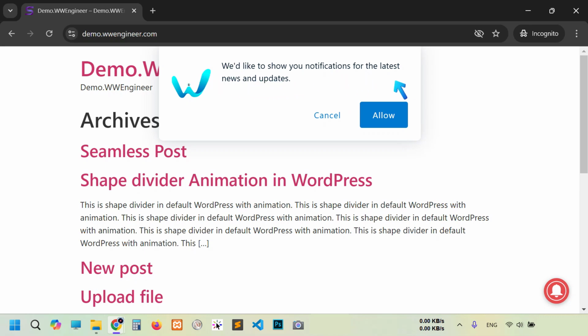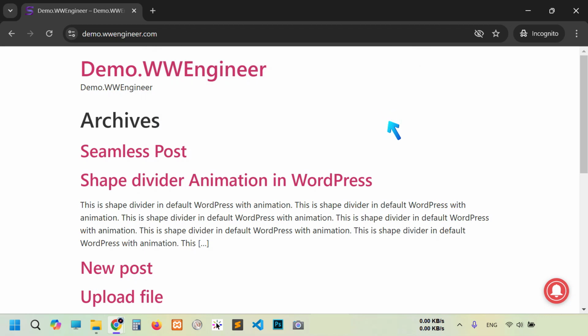This is the slide prompt. This is our logo and the message, and this is the positive button, this is the negative button, and also the bell icon here. You see the tags. So I'm going to subscribe from here. Now it is subscribed.